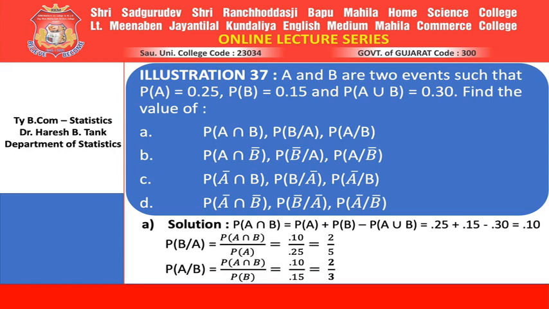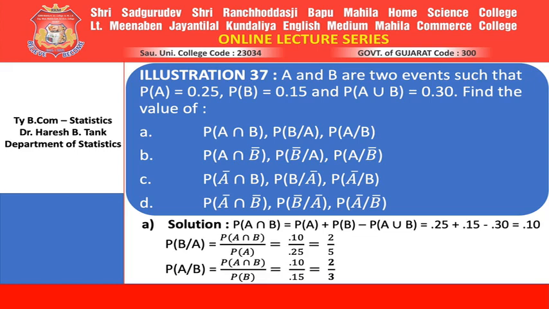And the fourth one is probability of A complement intersection of B complement and probability of B complement where it is given that A complement occurred, probability of A complement where it is given that B complement occurred. Look, this many different things are to be found. And we have three different probabilities with us: probability of A, probability of B and probability of A union B. When these three elements are with us, we can get the fourth element, A intersection of B.